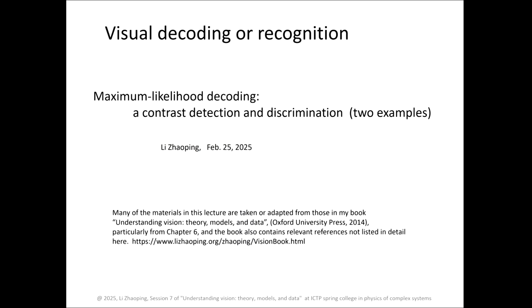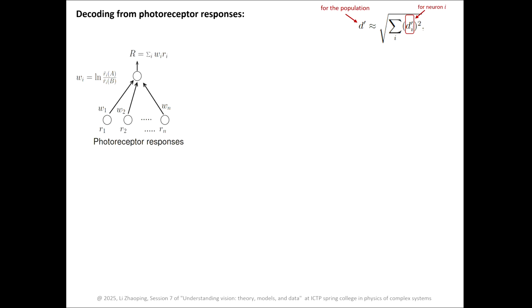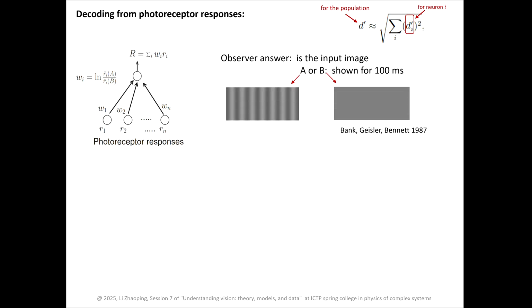Let's look at two example applications of maximum likelihood decoding to understand visual contrast detection and discrimination. Such a method has been applied to a contrast detection task. Human observers see a display that is either a blank or has a grating. Each image is shown for only 100 milliseconds, and these two images have the same average luminance. The human observer has a task to report whether the image